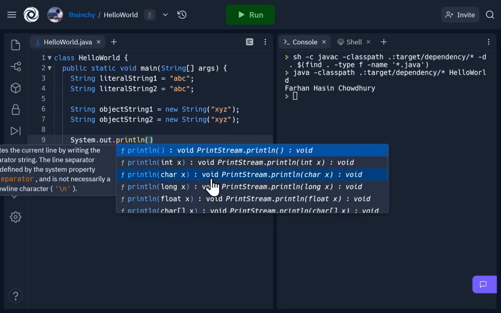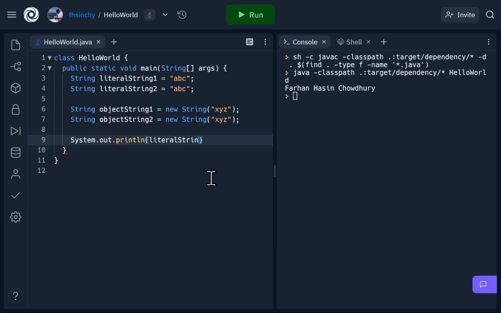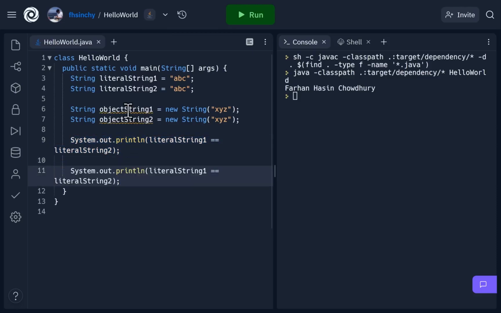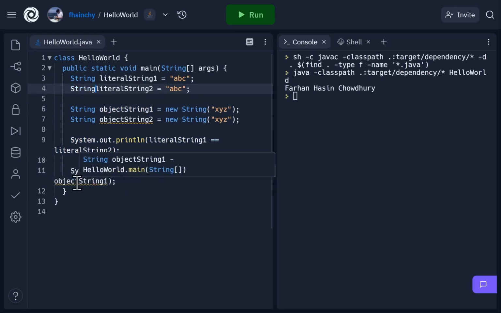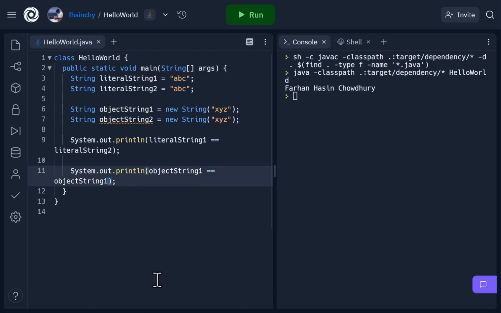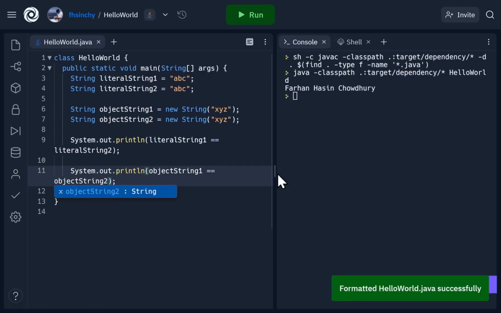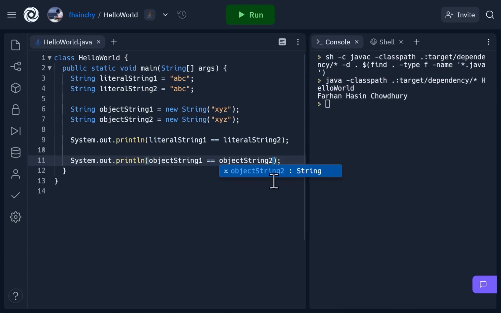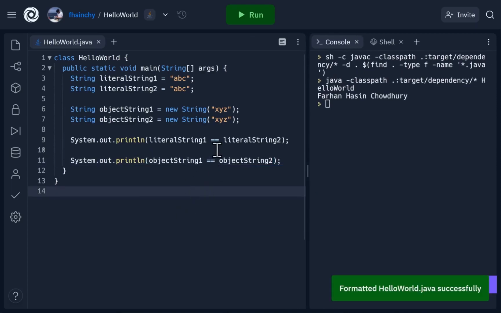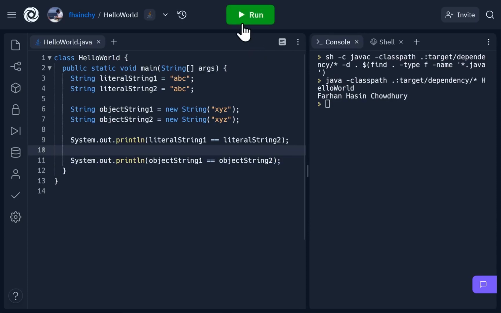.println literal string 1 equals literal string 2, and I'll make a copy of this line and use object string instead of literal ones. Let's make this wider so that the code becomes easier to read. And now if we run the code,